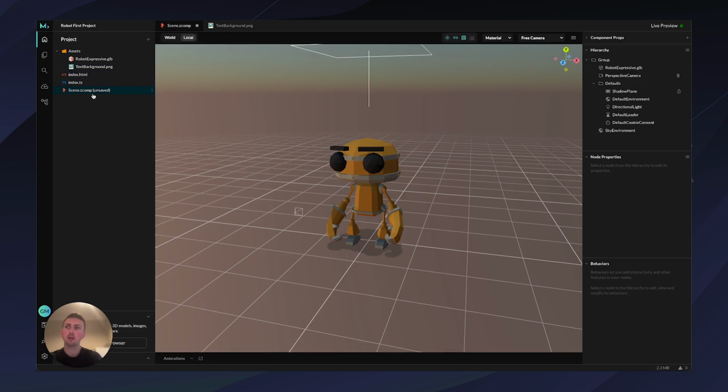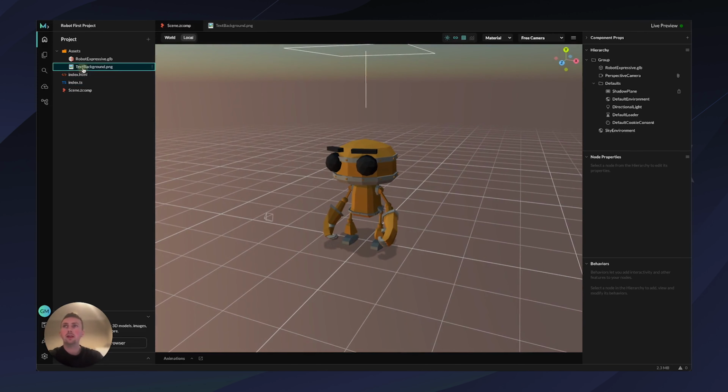Another thing that I haven't really mentioned in these videos is you can see that it says unsaved next to our scene.zcomp, and there's also a little dot up here. Mattercraft saves the project as you go, but sometimes you need a proper save. So you can either press Control S, which will save your project, or you can go up to the M menu and click Save or Save All in here. Save will save the current scene, and Save All will save all of your scenes. Currently, we've only got one scene.zcomp, so we only need to use Save or Control S.